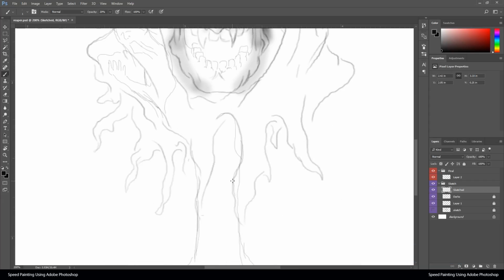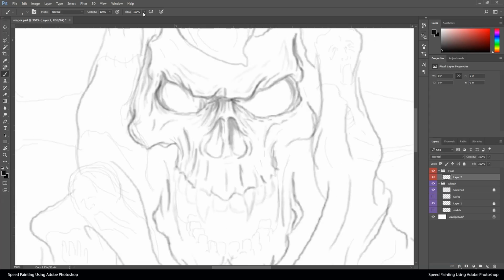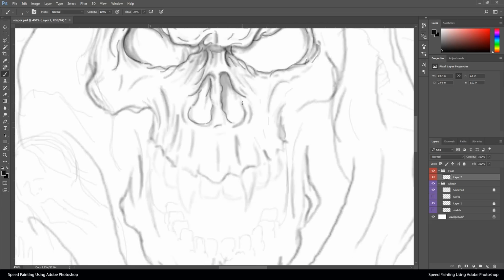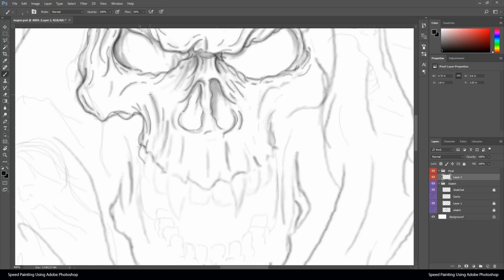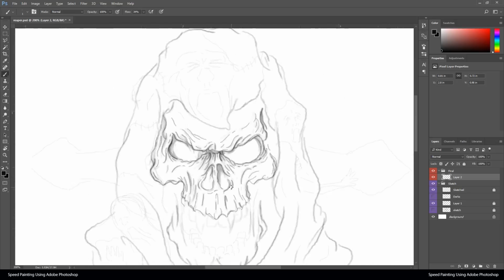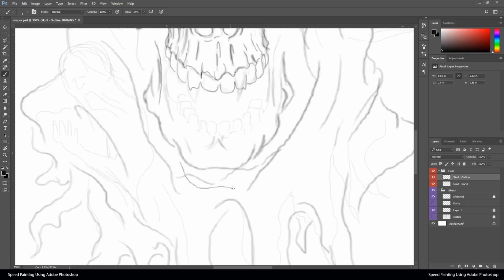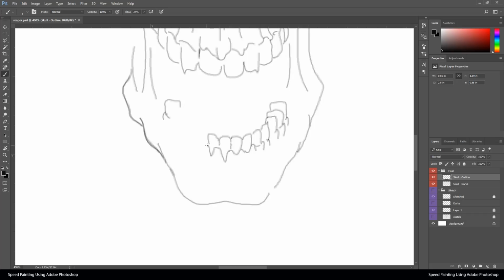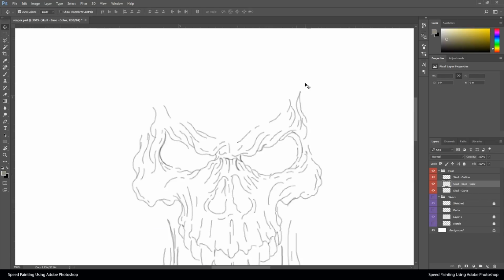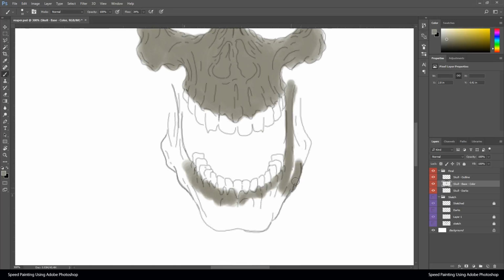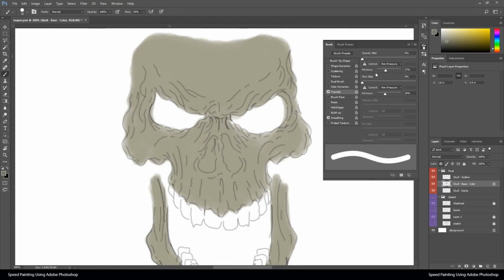And if you can see right there, I'm going with the cross again, but I decided, let's take that out. Right now, I'm just dropping in some line art, getting an idea of how I want my shapes and my twists and folds to go on the skull. I don't like smooth skulls. I like it where it's grimacing, wrinkled, and more grimacing. That's usually the way I go. One of the best things I love about Photoshop, like what I just did there, is that I needed to readjust some of the positioning on the teeth and the lower jaw. It's really quick. You can just select it with your lasso tool,